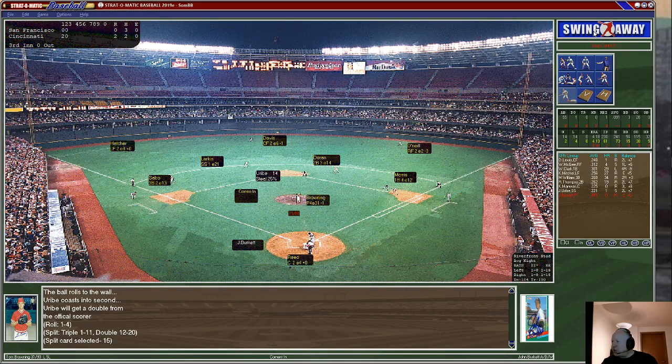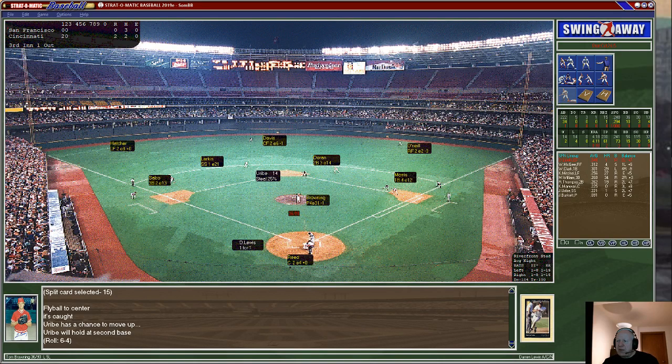Here's John Burkett coming to the plate. .091 is his batting average. And he pops a fly ball into short center field. Davis comes in to make the catch, and Uribe will hold at second. Both Davis and O'Neill have really good arms in the outfield, as they proved in the 1990 NLCS, as both Davis and O'Neill had remarkably memorable outfield assists in that series as the Reds beat the Pirates to move to the 1990 World Series. But 1991 is a different story, and the Reds are your cellar dwellers, and they're doing